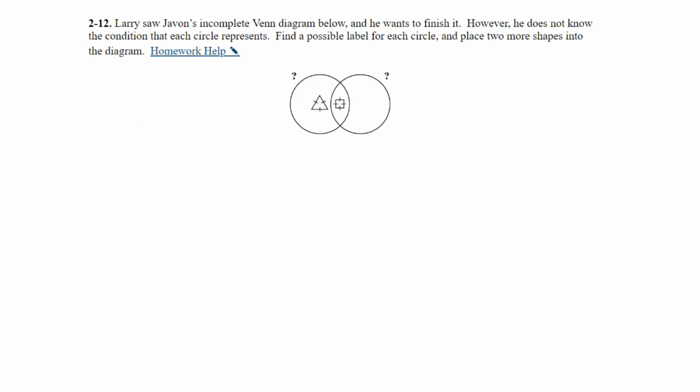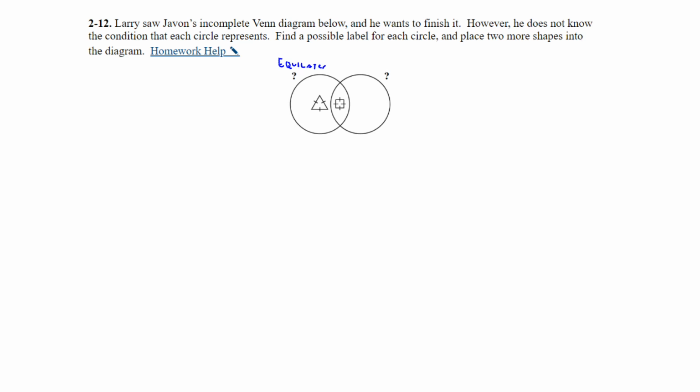Question 12. Larry saw Javon's incomplete Venn diagram below, and he wants to finish it. However, he does not know the condition that each circle represents. Find a possible label for each circle and place two more shapes into the diagram. So what could we label the first circle? Well, since it appears we have an equilateral triangle and an equilateral rectangle or square, let's go with this side being equilateral,